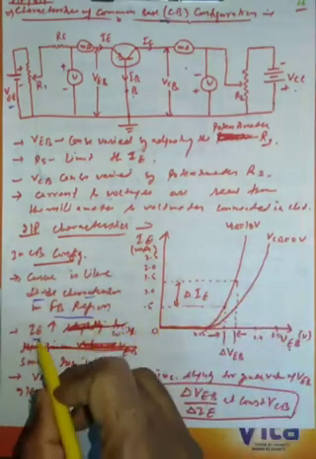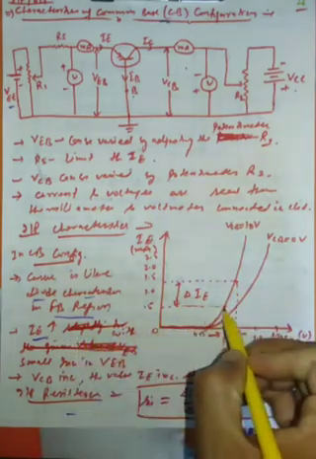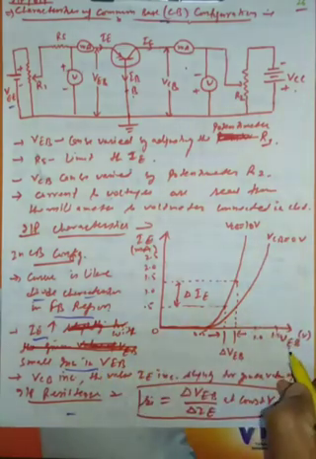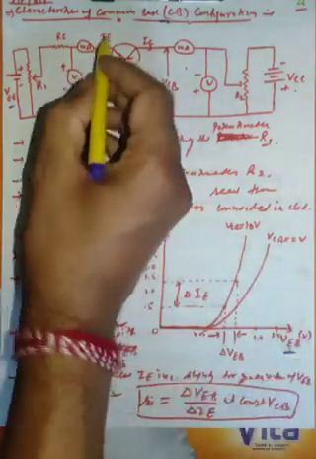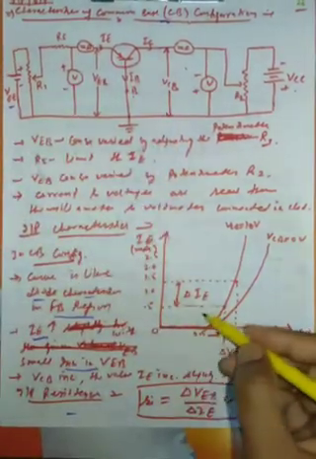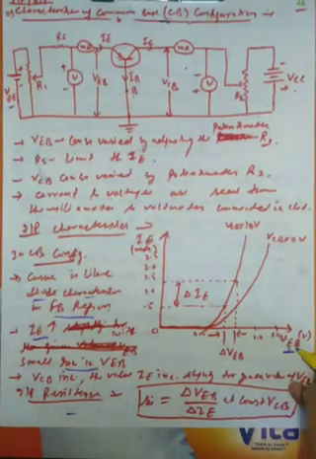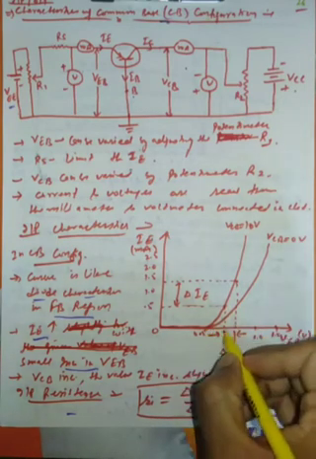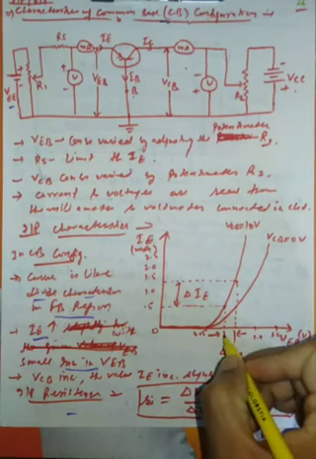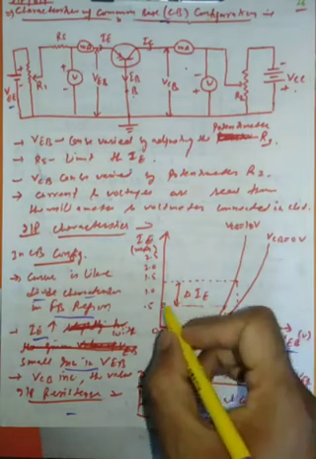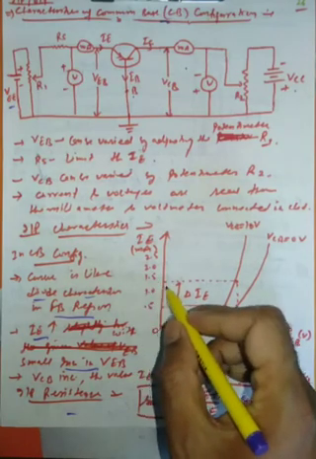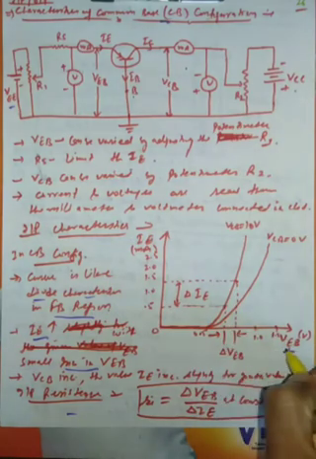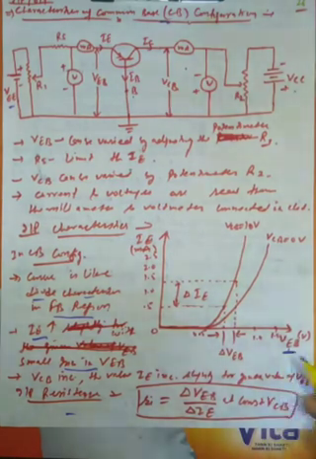If we slightly change the input current, you can see in this diagram, there will be a small change in the emitter voltage. If we change the emitter current a little, there is very little change across the input voltage, that is VEB. You can see the voltage is almost the same. If we change the current from 0.1 to 1.5, a change of about 1 milliampere, there will be a very slight change in the input voltage.